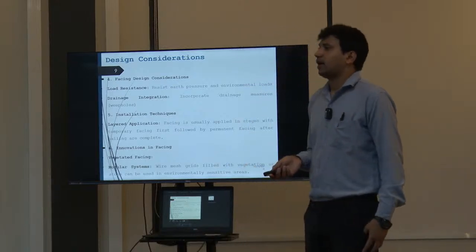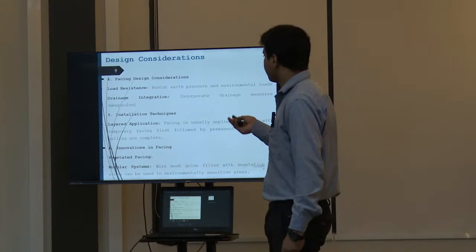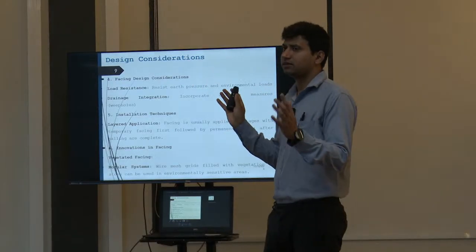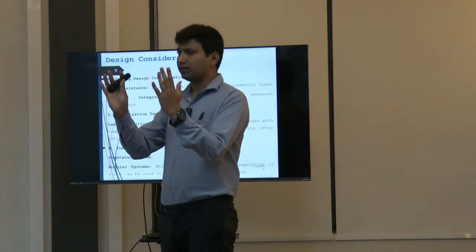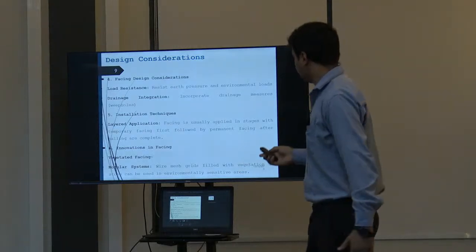After the final stage we use a final facing, just like a sandwich. We have an initial facing, then we have a nail wall, you can say bearing plate, and then the outer facing,